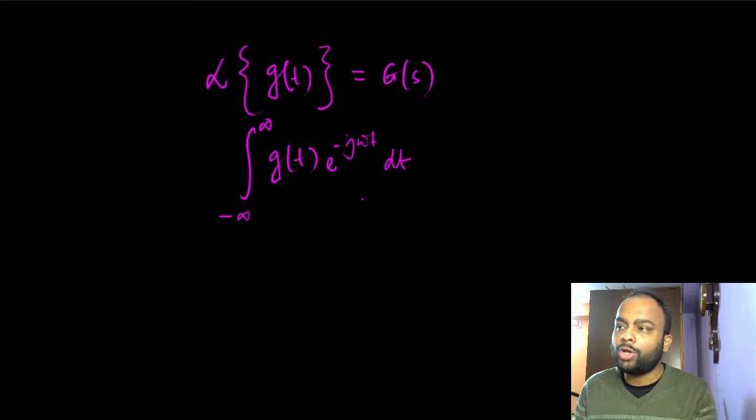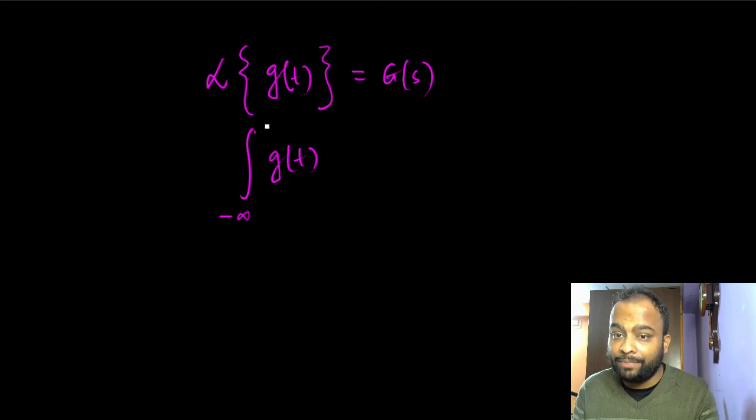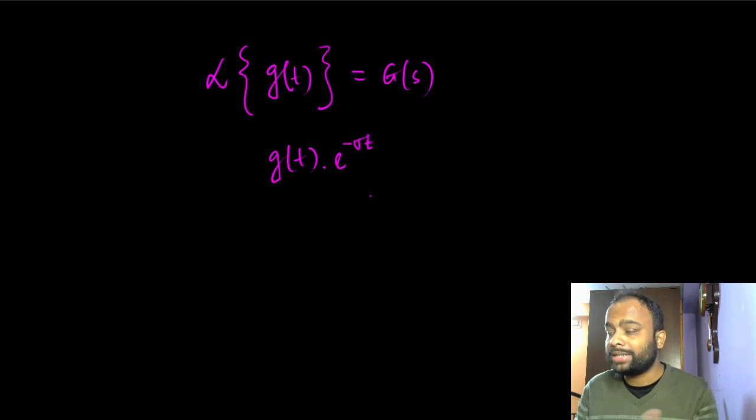This might or might not converge depending on the signal, and very few signals really converge with this definition of Fourier transform. But if I multiply this signal with a real exponential that kind of looks like this, where sigma is the real number here, positive or negative depending on the signal itself, then we can ensure that many other signals that do not have Fourier transform representations, because they were not integrable earlier, can now be integrated. Now if I take the Fourier transform here,